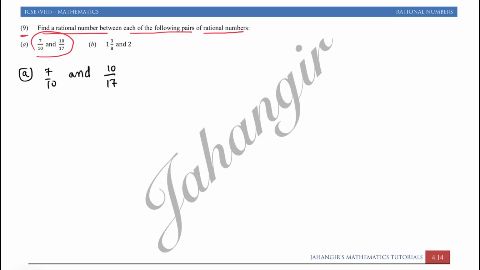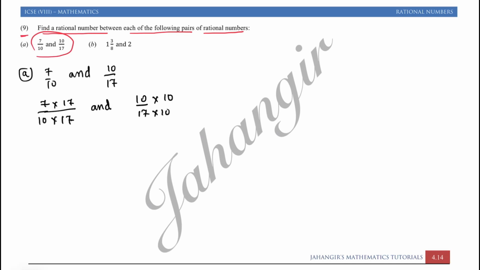So you have to understand that we can put infinite rational numbers between given rational numbers, there are too many rational numbers which we can put between any two numbers. So now if we have to put one, we will first make the denominator same. So here we know 10 and 17 का LCM is 170. So I will write 7 upon 10 into 17 into 17 and 10 upon 17 को into 10 into 10.